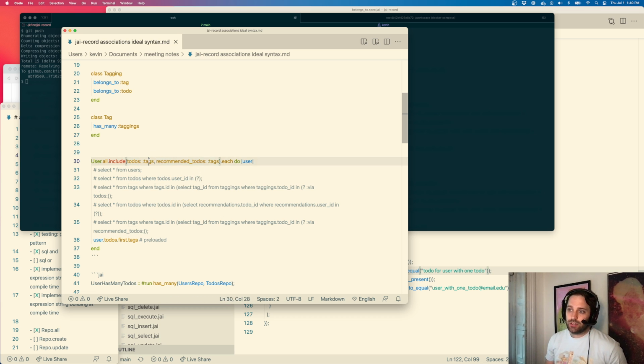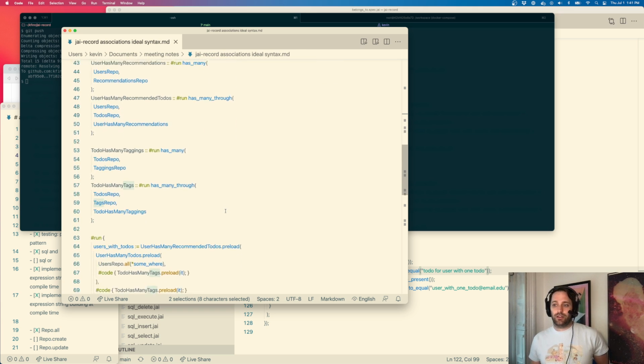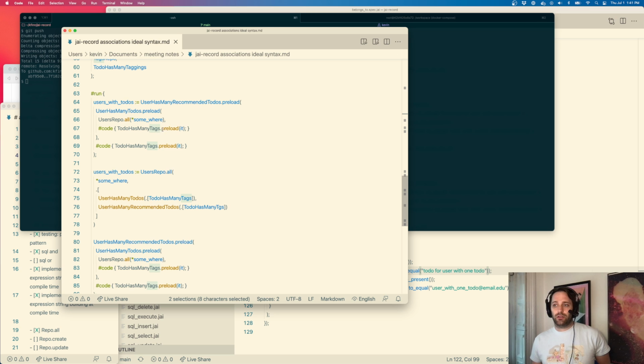But for each of these, we're further going to preload tags, which boils down to the same relation, since both to-dos and recommended to-dos link to the to-dos table. Then for each of these, we do one additional query to bust n+1s, including the related tags records. So I thought about this being a usable syntax for us,